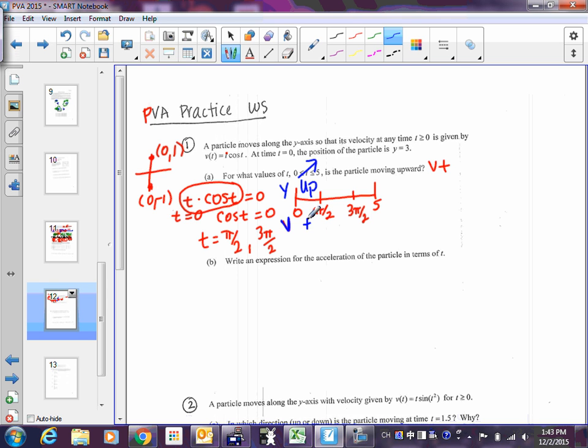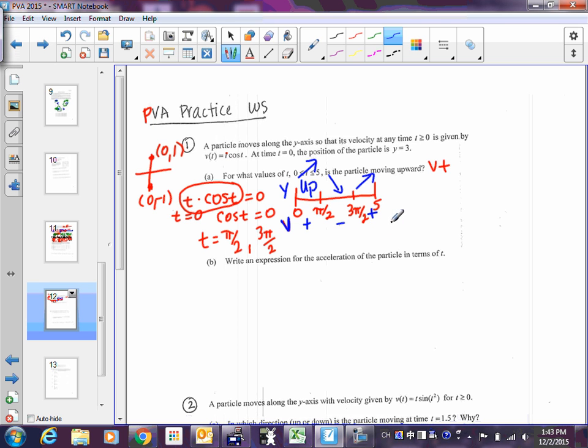Now, because I got plus first, what do you think I'm going to get next? A minus. All right, how could you check that? What's a value you could pick? Pi. Cosine of pi is -1. So minus, you could say down, or you could draw the arrow down, and likewise, you're going to get this on the last one. So there was a little bit of trig in here, but it's the same kind of